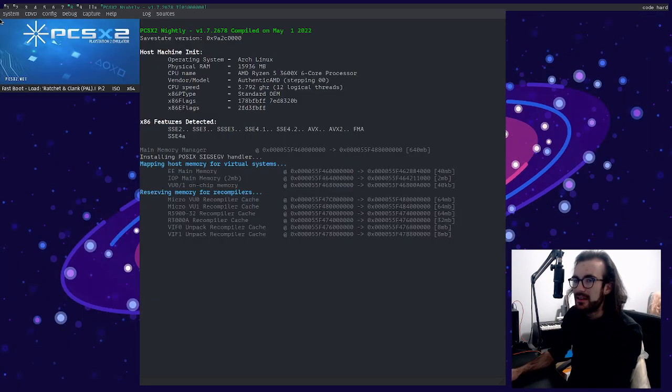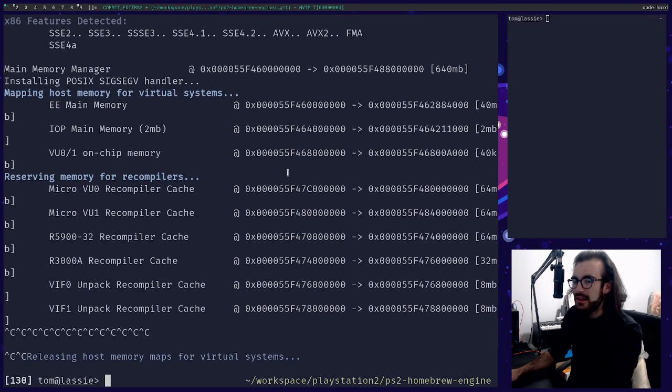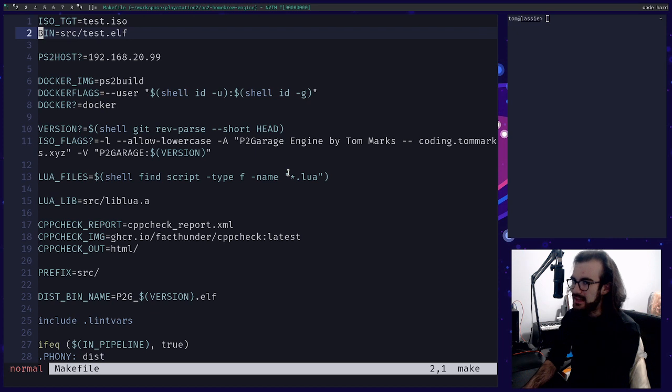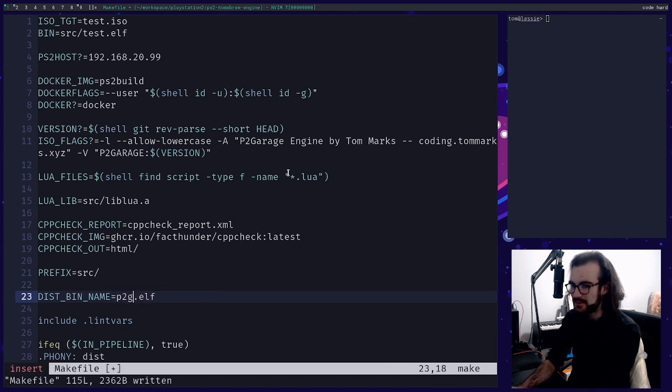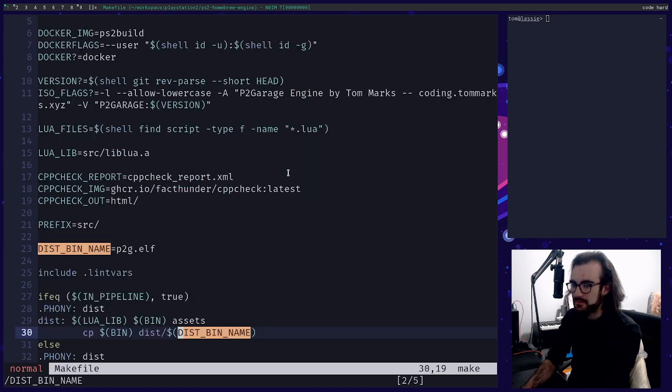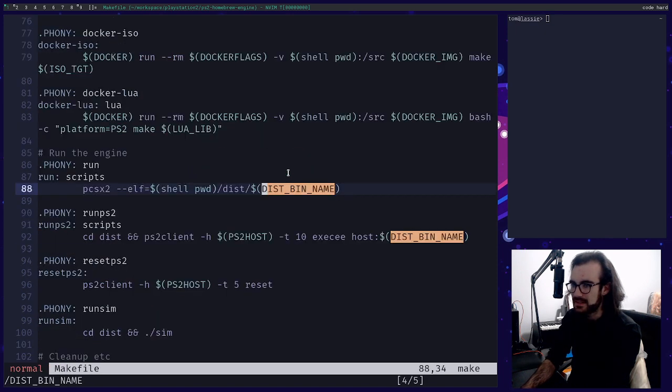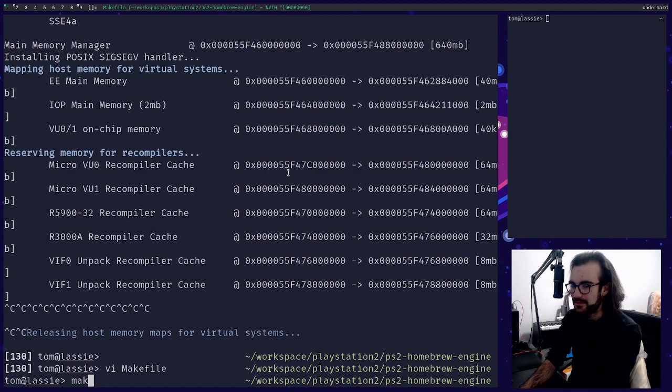But let's get rid of this dynamic name thing. Let's just call it p2g.elf, lowercase, right? Either all lowercase or all uppercase. Let's go all lowercase. Dist bin name. Yeah, sick. That's way better.